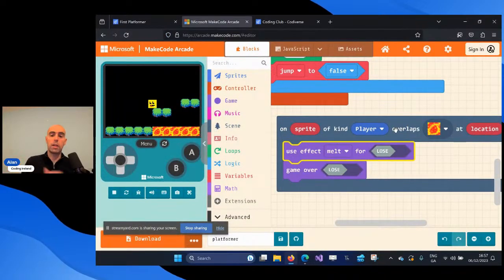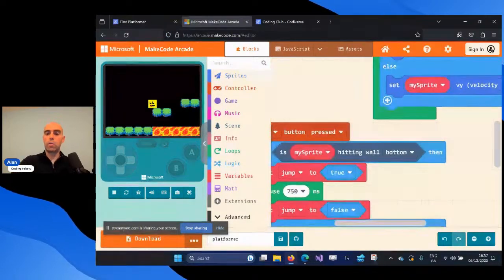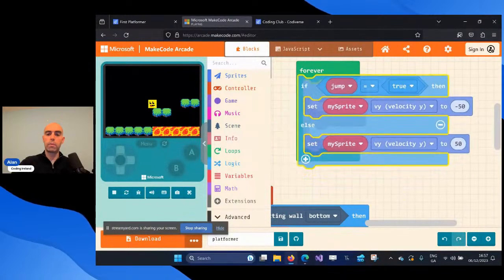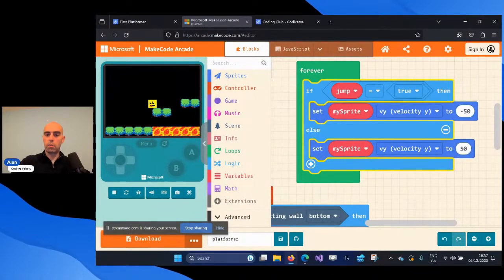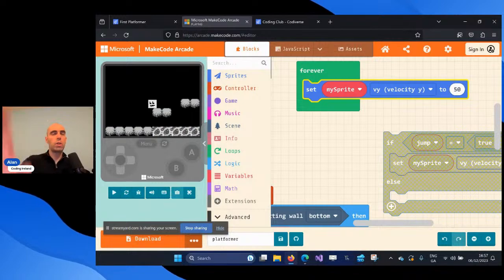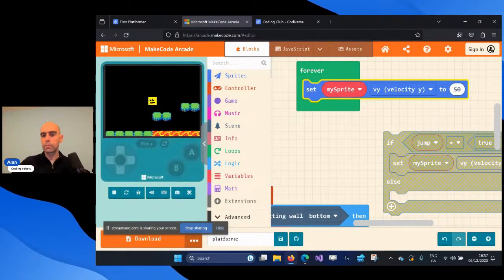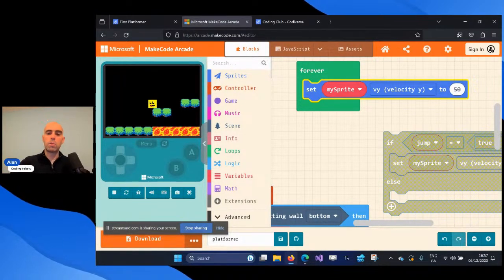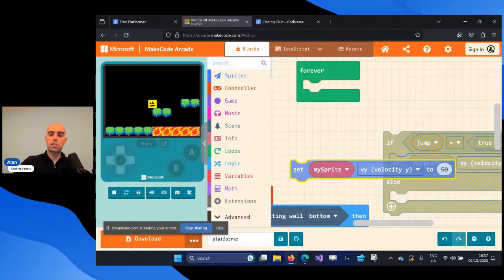So Sasha and anyone else that might need this, if you go into full screen on the video now, I will go back and show you how to do this. So at the moment, hopefully you've created the jump variable. And at the moment, your forever block looks like this here. It says forever set my sprite VY velocity Y to 50. What you want to do is you take that out